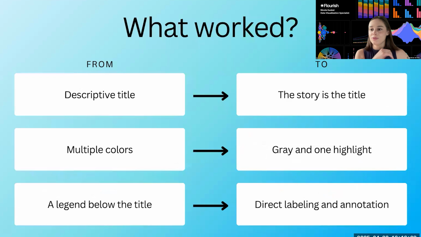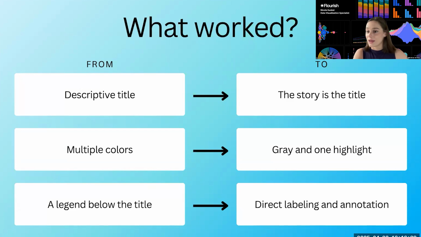So what did I just do? I went from just having a descriptive title that just described the data visualization itself to actually putting the story, the data story, in the title. I went from using multiple colors to highlighting that one product that I wanted you all to focus on.